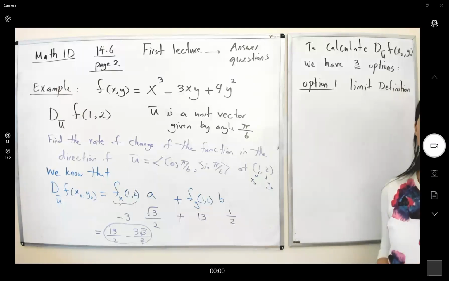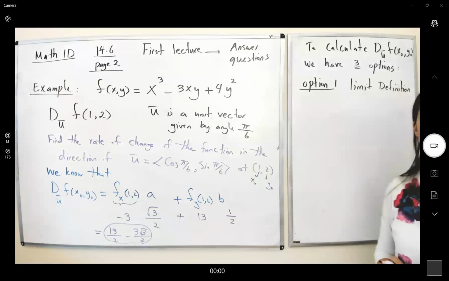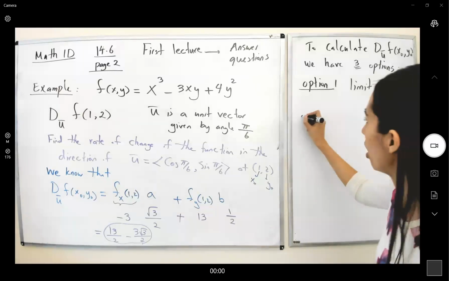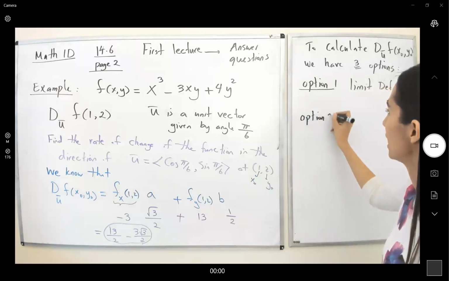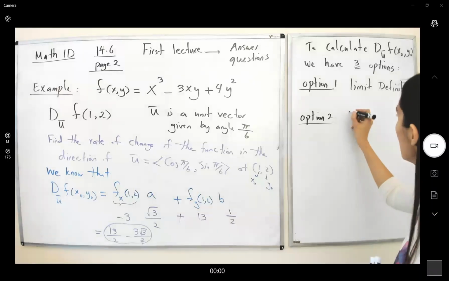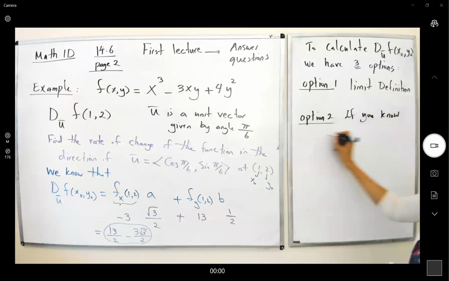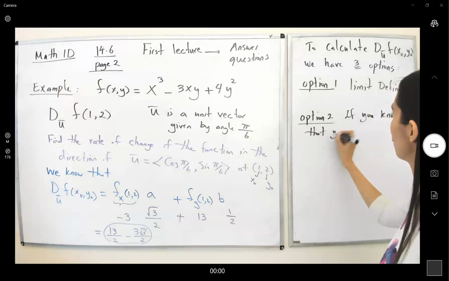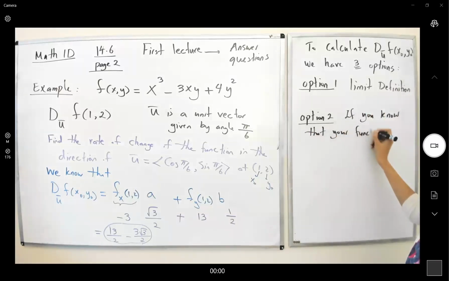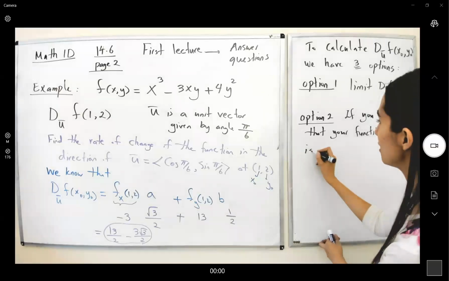This is your very first choice. If you're not sure if the function is differentiable or not, you have to use the limit definition. Option 2 is when you know that the function is differentiable, so you can use a shortcut. If you know that your function f of x and y is differentiable